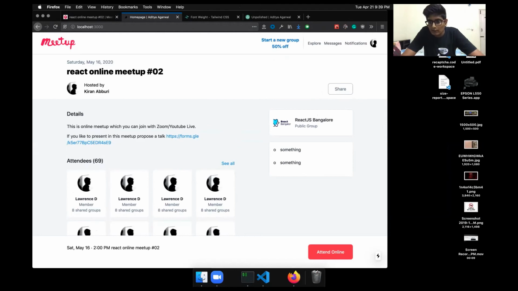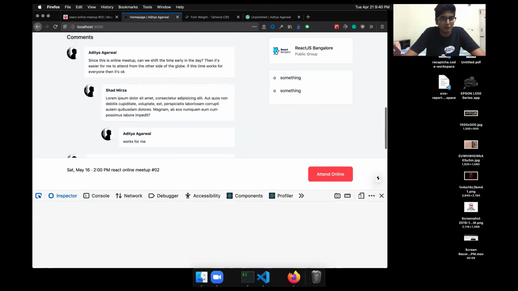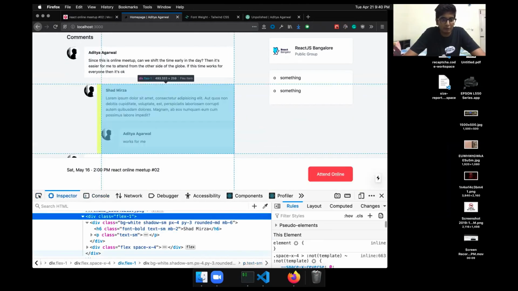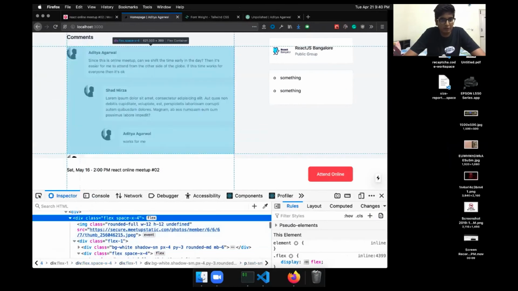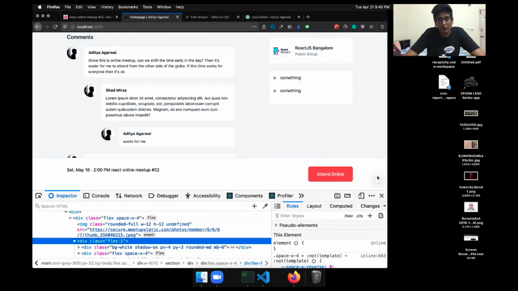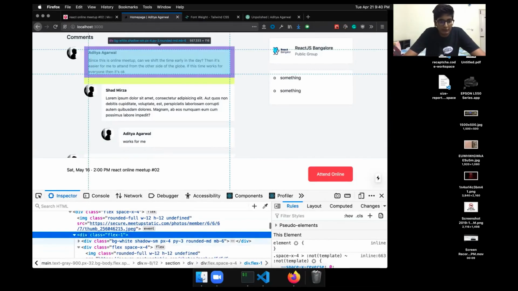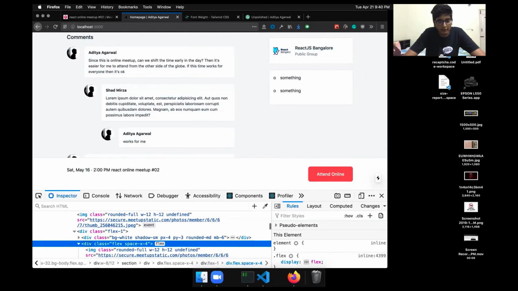Okay, Shrikant asked how it's becoming smaller every time in the comments. That is because of the flex property. What happens is, if you see, this is the first div. There's an image, and on this div we are saying flex one, so acquire all the space that is available. Then inside this there is another div, and here we are saying flex, so by default acquire the bit which you have.